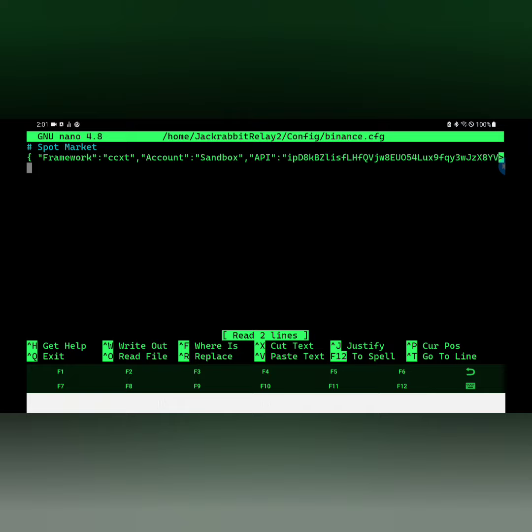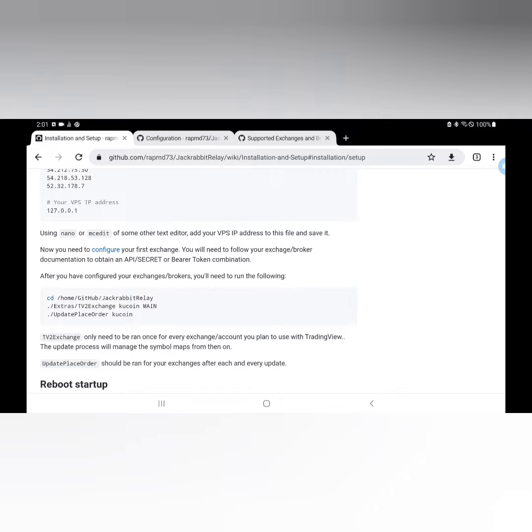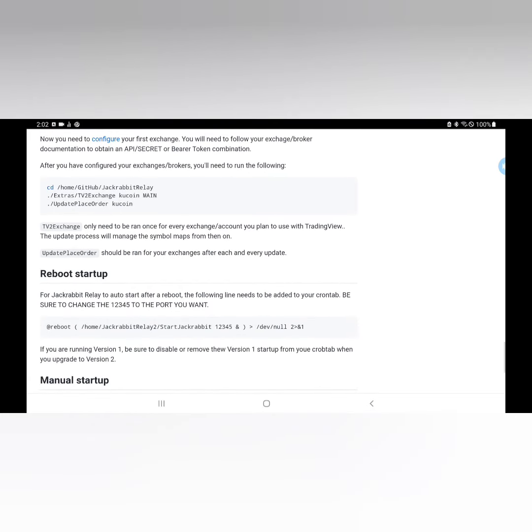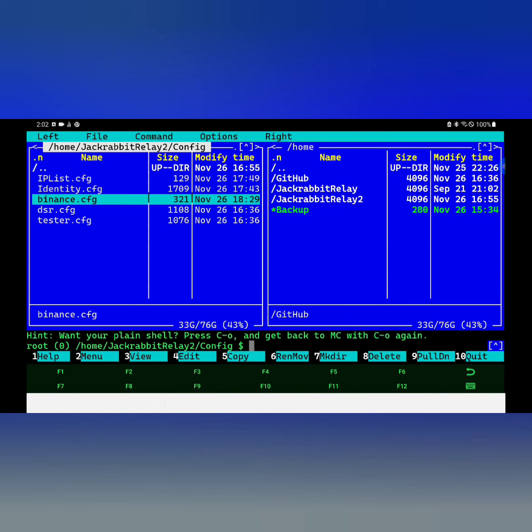From this point, we go back to the wiki and go through the next step it shows. So we've completed the configuration part, and now we are at the next part. We actually set up for TradingView and we run the update place order. So let's go back to our VPS, get out of this,